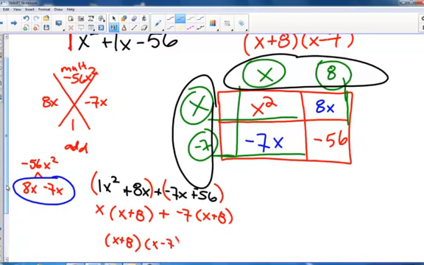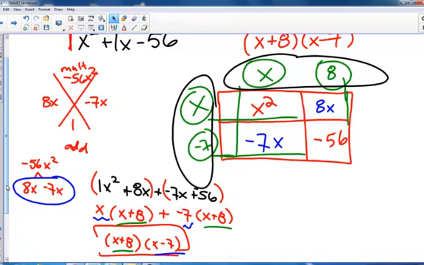And x minus 7 as the leftover. This helps you see it that way. So this is just an easy version of what we just did. That's the harder version. When you just have to just get the two factors, and that's what's in your